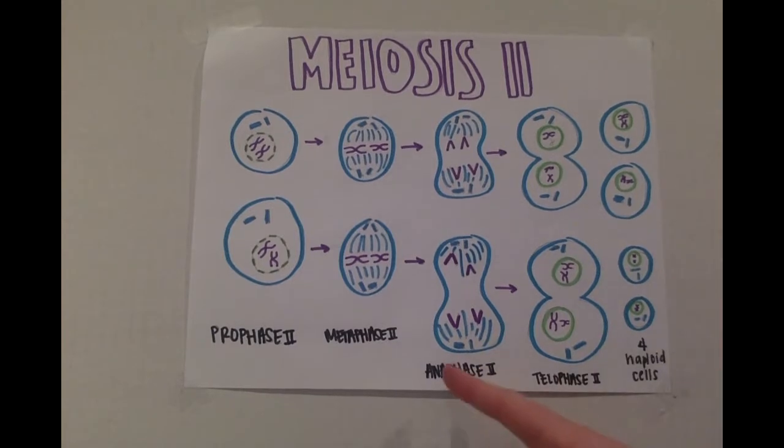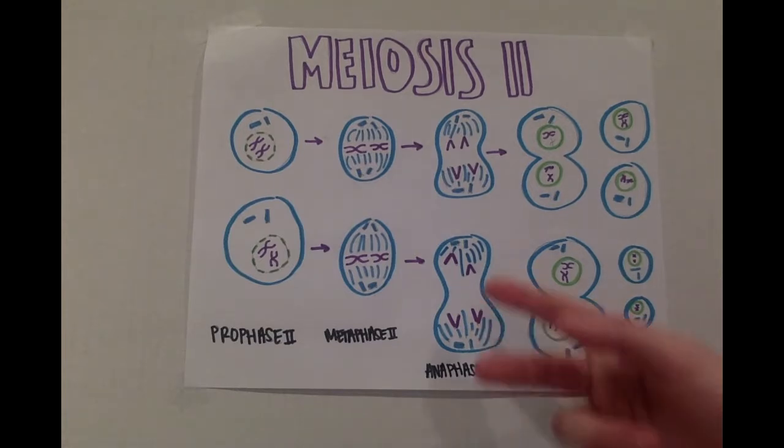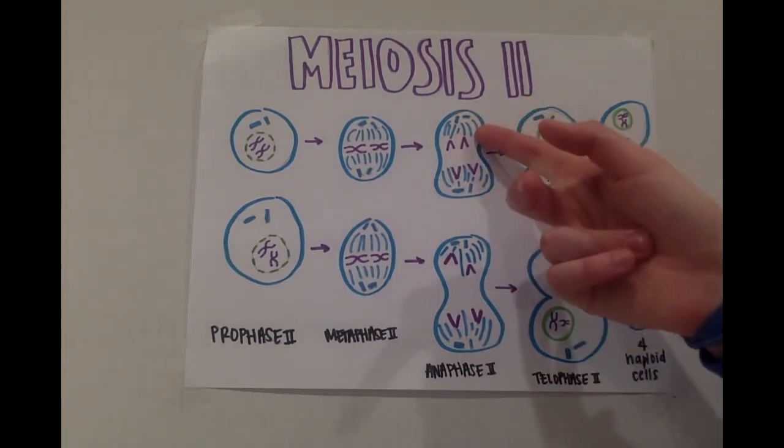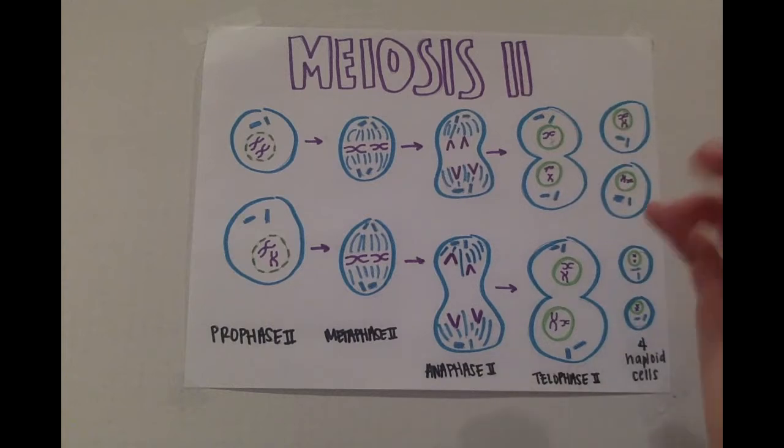So next we'll move to anaphase 2, and this is the breakdown of proteins holding the sister chromatids together at the centromeres, allowing the chromatids to separate. The chromatids move toward opposite poles as individual chromosomes. So right here, they're starting to split and the two cells are starting to form. In telophase 2 is when the nuclei form, the chromosomes begin